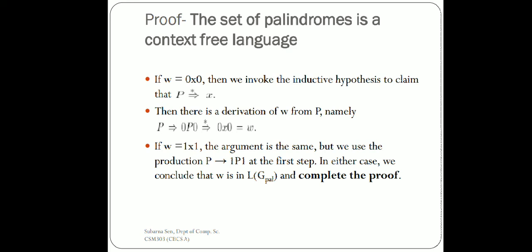Now firstly we are assuming the case as it is starting with 0, ending with 0. So here X should be a palindrome only. So P can ultimately derive X. That is our assumption, or that is the way in which we can prove the string is a palindrome. Similarly, if the choice is the other one, that is it starts with 1 and ends with 1 and X in between, X again has to be the reverse of itself to be a palindrome, and hence we can prove that it is a context-free language.